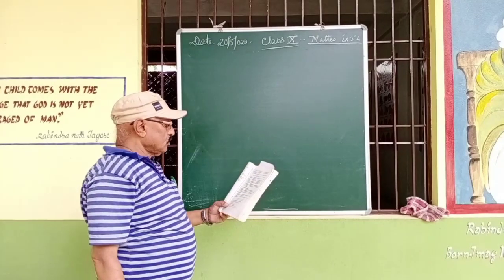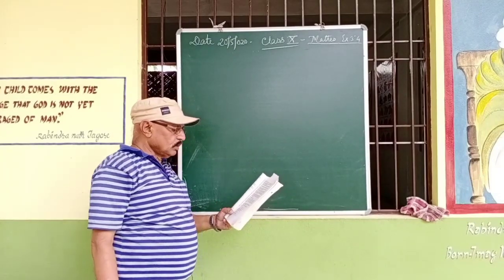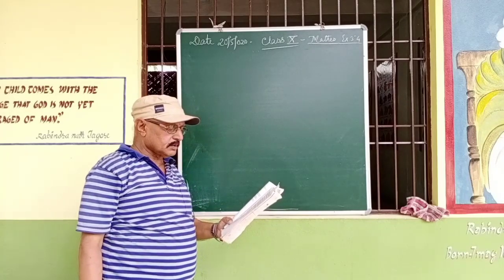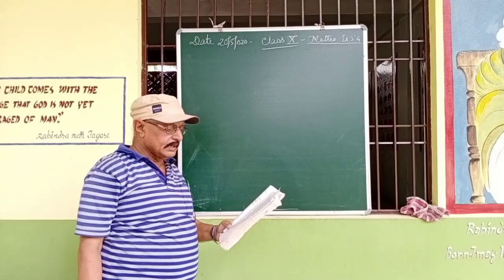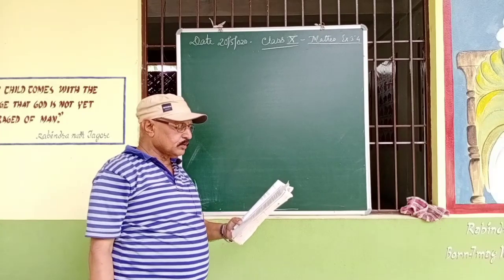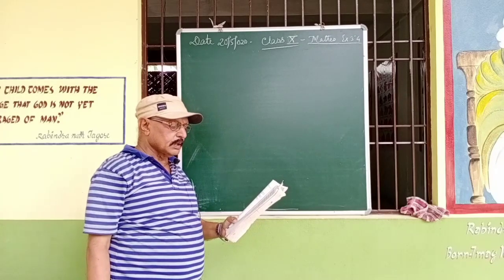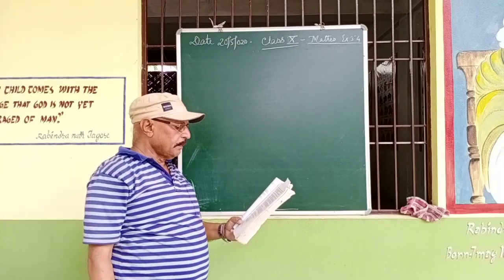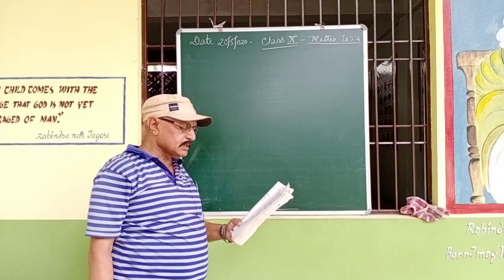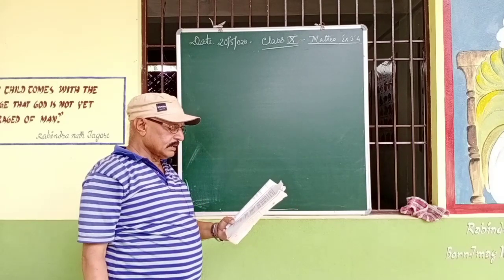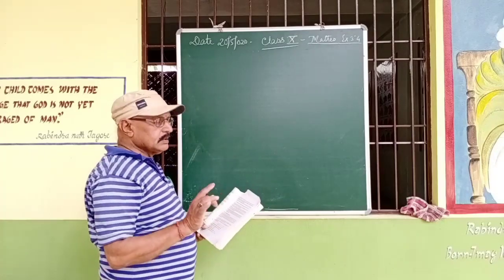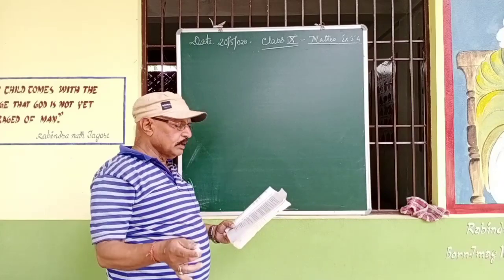Question number 5. The question is, a lending library has a fixed charge for the first 3 days and an additional charge for each day thereafter. Sajita paid rupees 27 for a book kept for 7 days, while Susy paid rupees 21 for the book she kept for 5 days. Find the fixed charge and the charge for each extra day. Here we have two types of charge. One charge is fixed and another is per day charge.